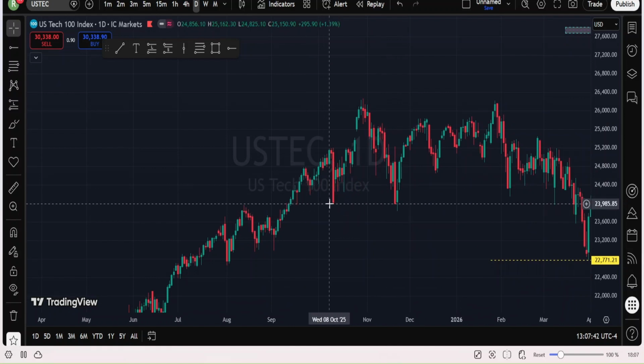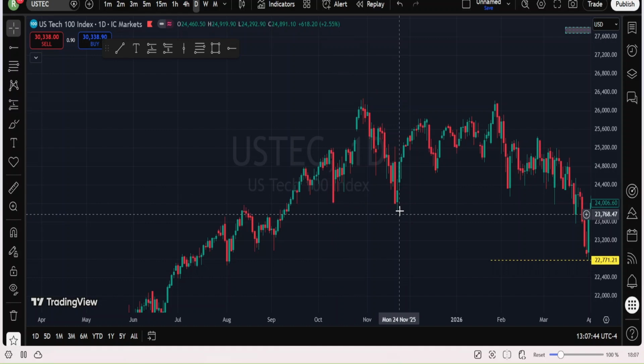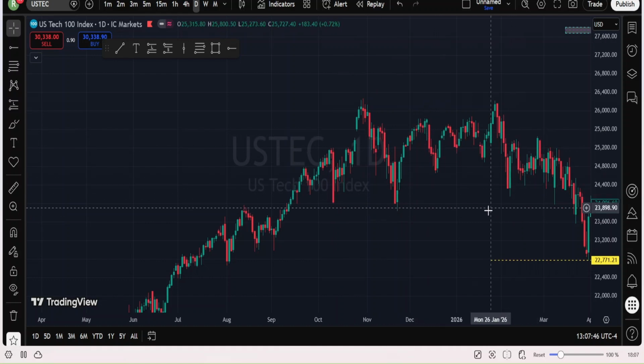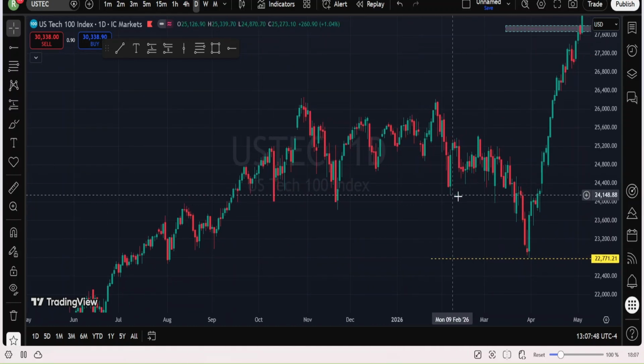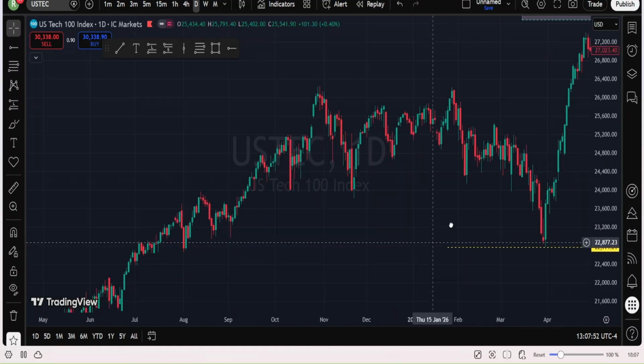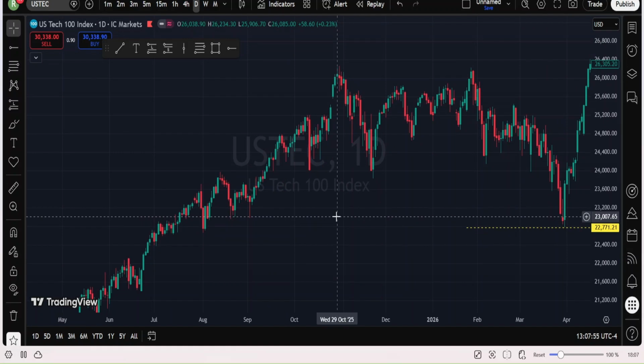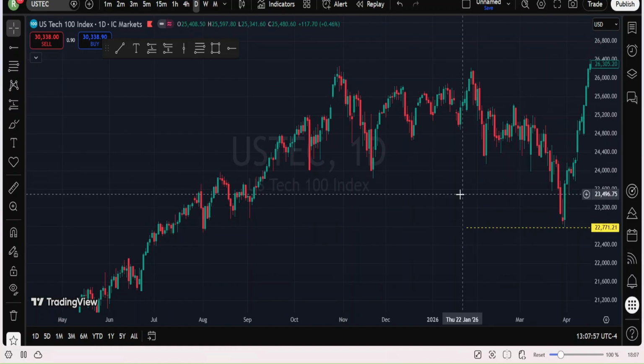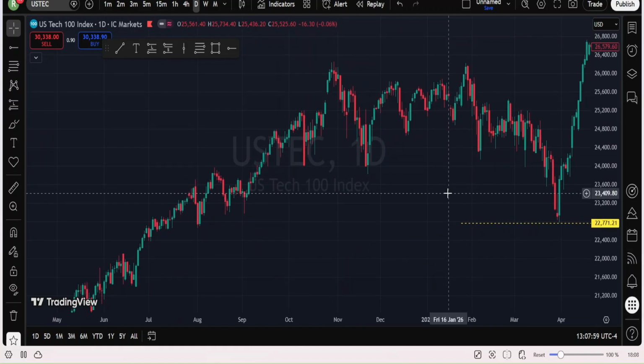Look at this area. Liquidity lies here. Price took liquidity and reversed. Watch it. Look at this area. Liquidity lies here. Price took liquidity, reversed a bit. Look at this area. It was seeking this particular liquidity. Price took it out and reversed. So these are what we are talking about. They reach those stops, collect liquidity, and move price in the direction they want it to go. This is what we call institutional engineering.